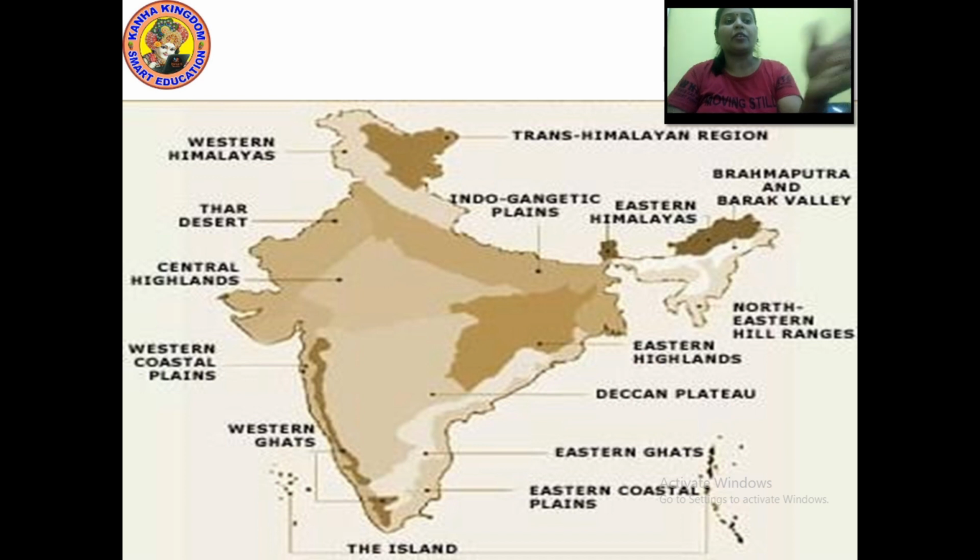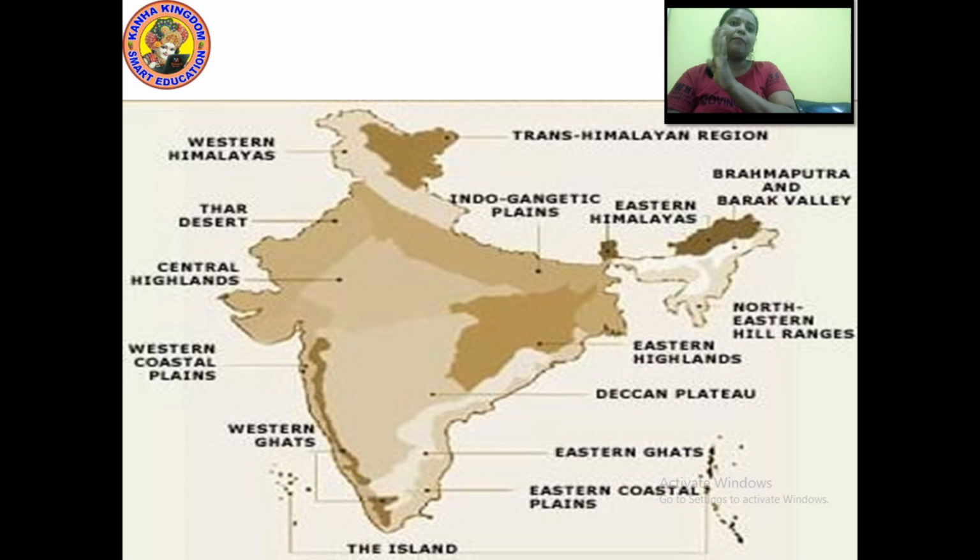Now coming to the right hand side, it's the Eastern Coastal Plains. With the Eastern Coastal Plain, we are also having the Eastern Ghats. And above the Eastern Ghats, we have the Deccan Plateau. Now above that we have Eastern Highlands.